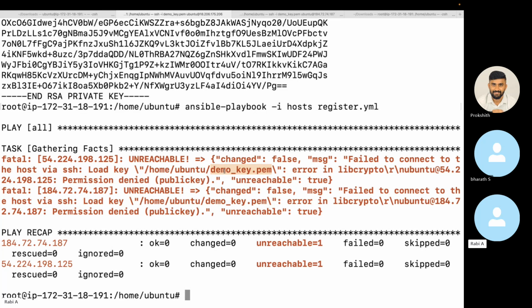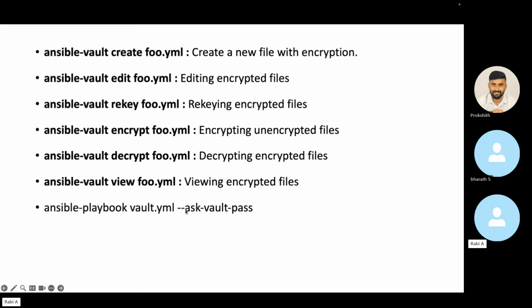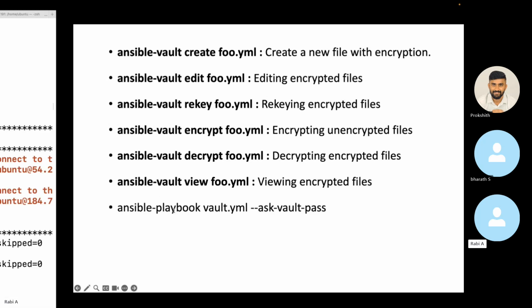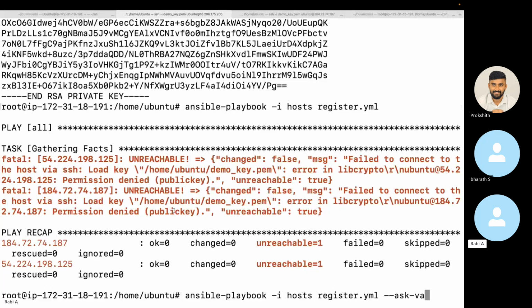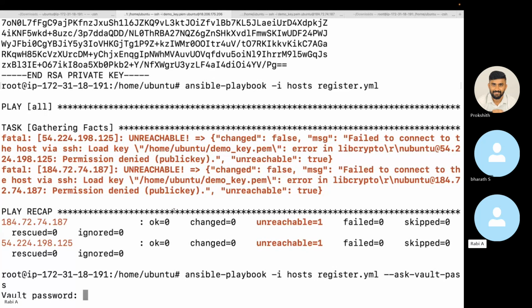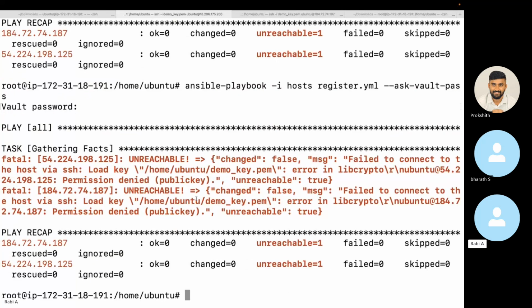What we can do is, when we are passing this command, we can pass this additional flag, which is --ask-vault-pass. That means I'm telling it, hey, there is a vault, ask me the password for that vault and I'll give you the password. Then Ansible will use that password, decrypt whatever file you have encrypted and then use it. So here I can use this ask vault pass. This will prompt me for the password. I'll give the password and then